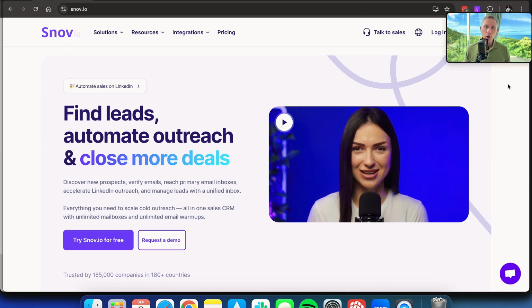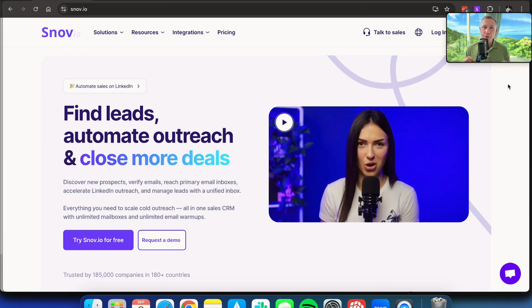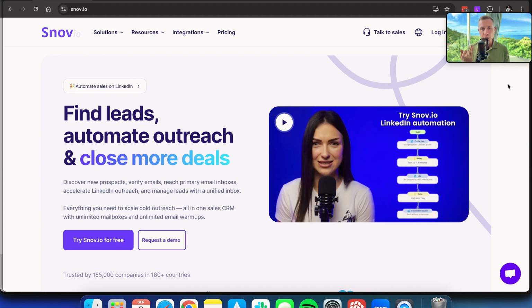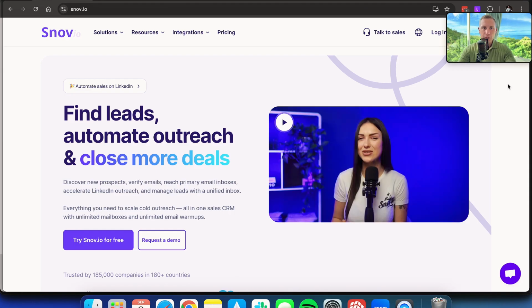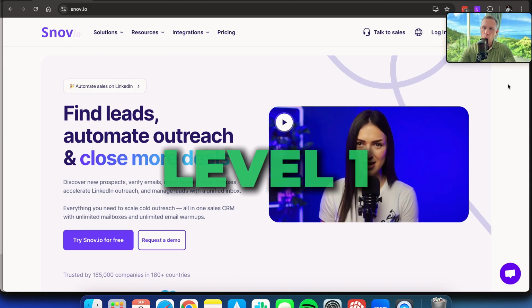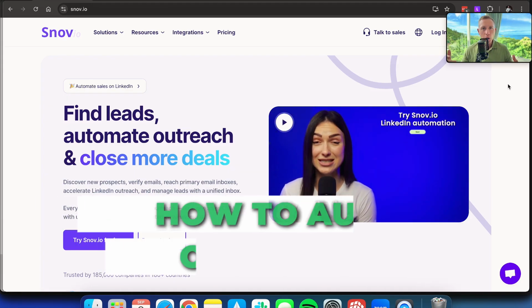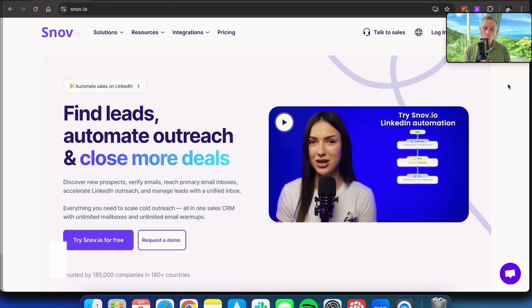Now, the first software I love using is called Snov.io, S-N-O-V dot io. And the cool thing about this is it's free to get started. It connects to your Gmail, and you can build some really easy integrations. And so this is level 1. Level 1 is basically just going to show you how to automate email outreach to cold or